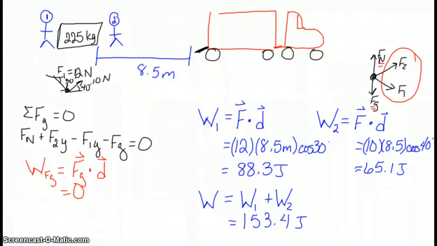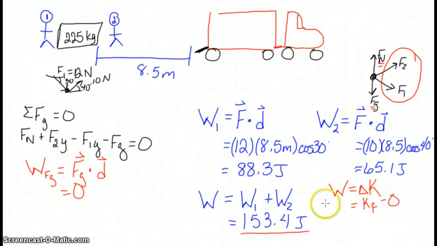So can we find the final velocity of the safe? Well, we know the final work that's done on the system, so we know that the energy of the safe is increased by this much. What else do we know about the safe? Well, most safes are stationary, so the safe should have been initially at rest. So if we use that work is equal to the change in kinetic energy, what we get is that the final kinetic energy minus 0 is going to equal this